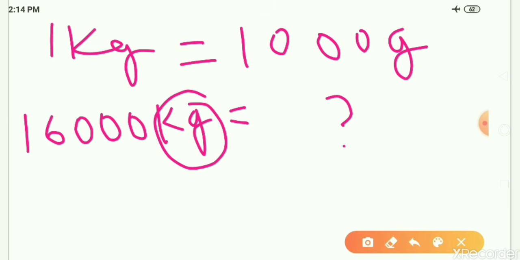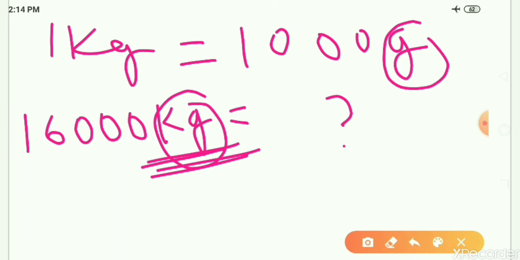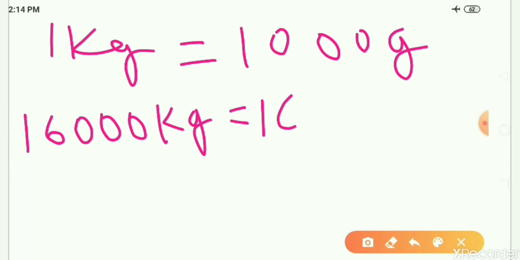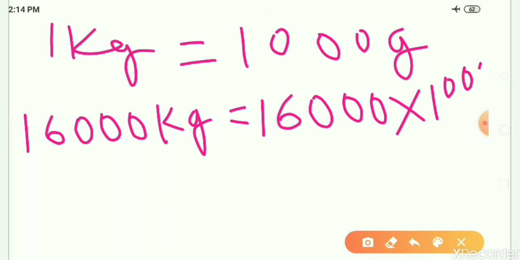This is the conversion from kilogram to gram, where the bigger unit is converting into smaller, so we just multiply. We will write 16,000 here and multiply with 1000. So you will get,